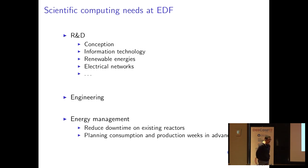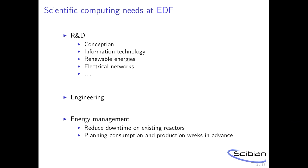So our scientific computing needs. At EDF, we have the R&D, which works on modeling, on conception, on renewable energies and electrical networks. All that is necessary to produce electricity in a safer and cheaper way and make it controllable by the engineering to make it efficient. One of the things that Scibian is used for at EDF is power management. We have computing chains which make simulations to reduce downtime of nuclear power plants during maintenance. And we also have all the simulation of the renewable energies, but it's less